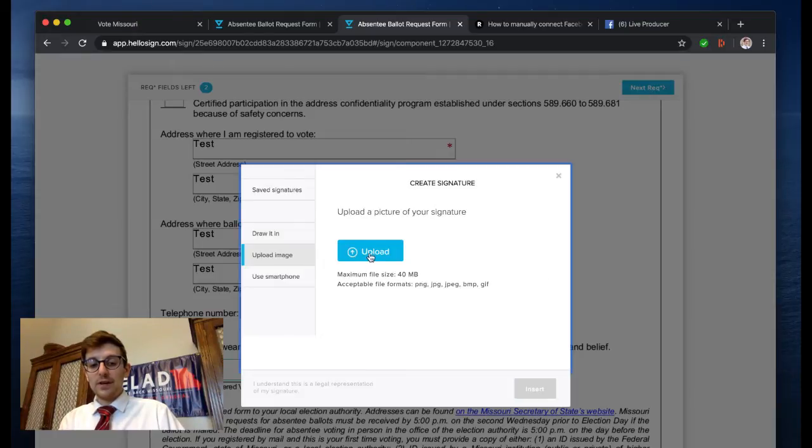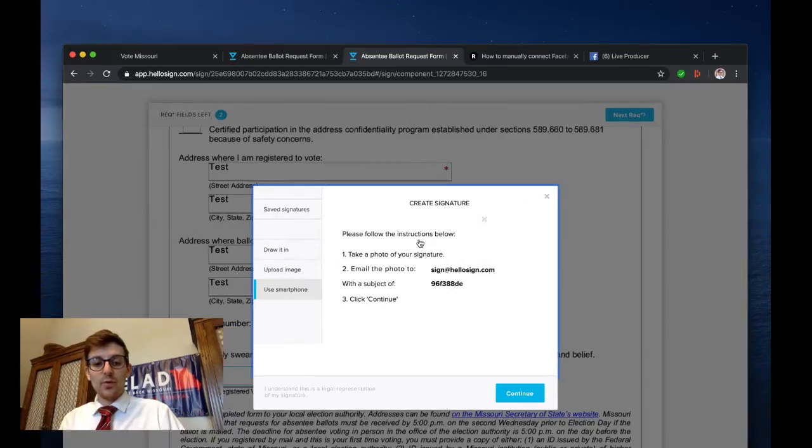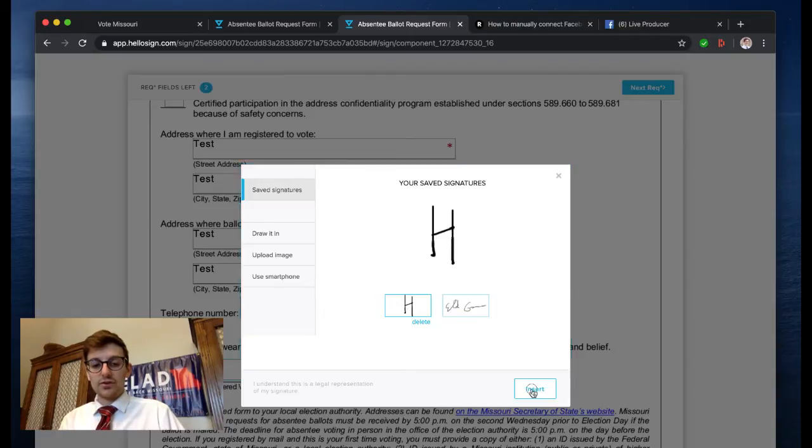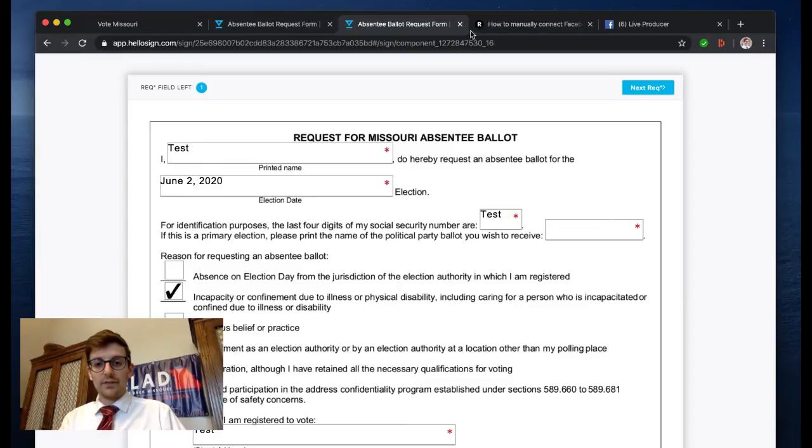You can also upload an image, so if you have a picture of your signature already that's electronic, you can just upload it right here and select it. You can also use your phone. Like I said, you can write your signature on a piece of paper, take a photo of it, and email the photo right here with this subject line. You'll click continue, and it will automatically upload for you. So that's a pretty convenient feature. I'm going to use my signed signature here for my test. Okay, and then when that is all done,